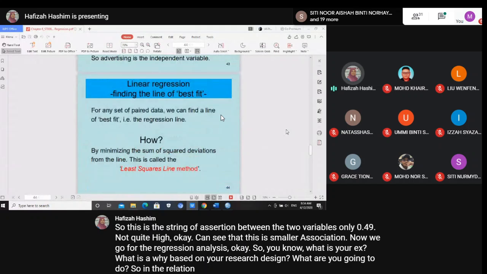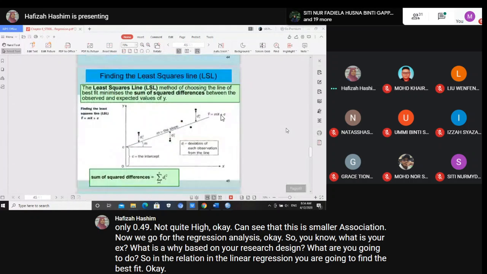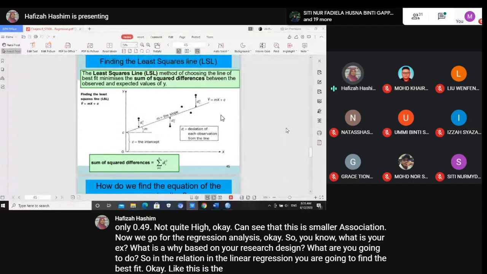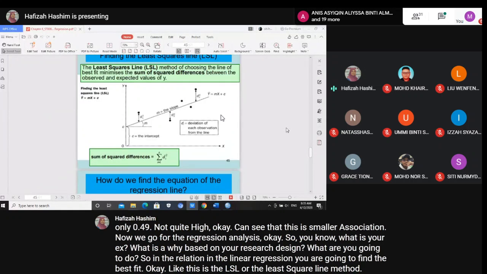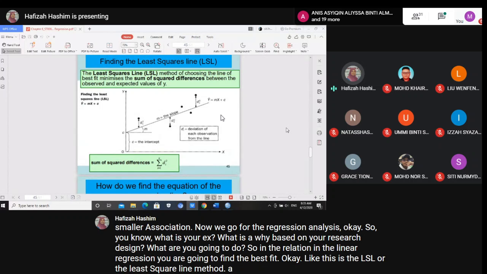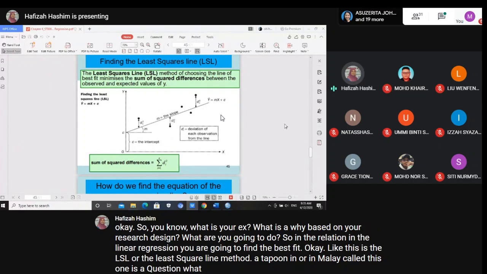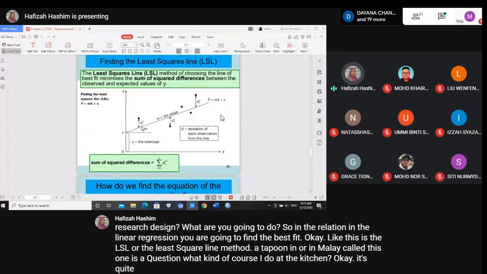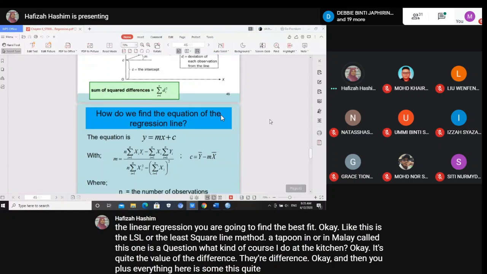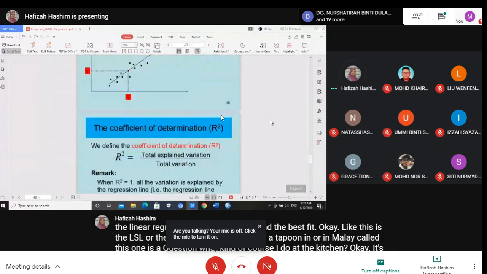So in linear regression, you are going to find the best fit. Okay, like this is the LSL or the least square line method, or in Malay we call this kaedah kuasa dua terkecil. Okay, you square the value of the difference, and then you sum the squared differences. Okay, now